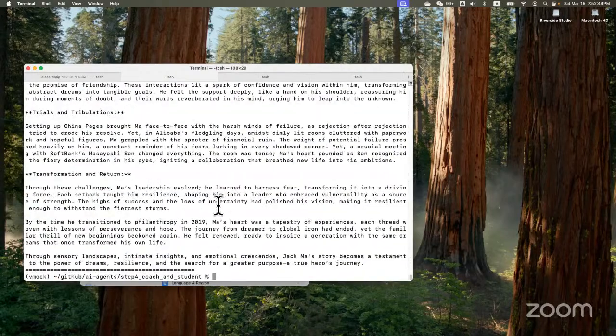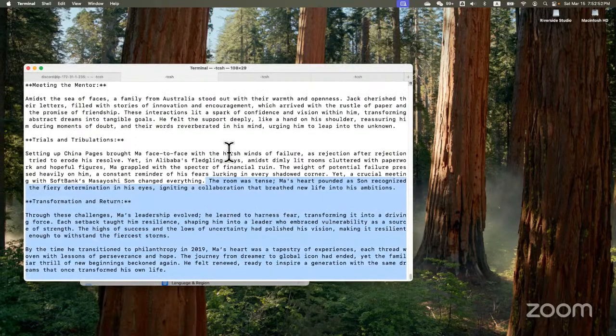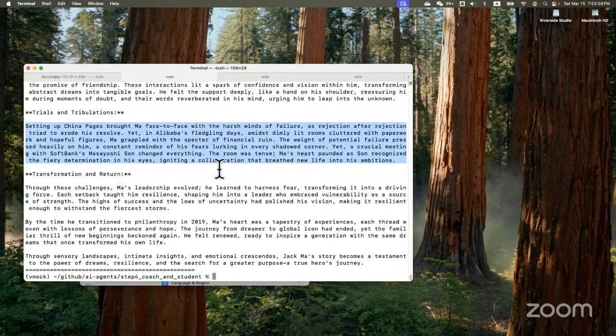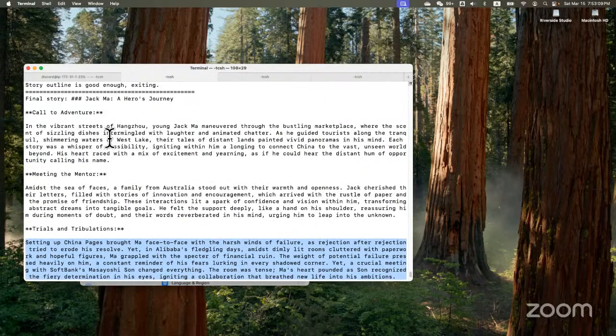And then in the end the judge was happy with the output. You can see the output is actually much better than the initial version, which is kind of like a plain version of the story, like a news article or just a Wikipedia article. But in the end, it looks more like a novel, something that's interesting to read, something like a story that you could tell to a kid.